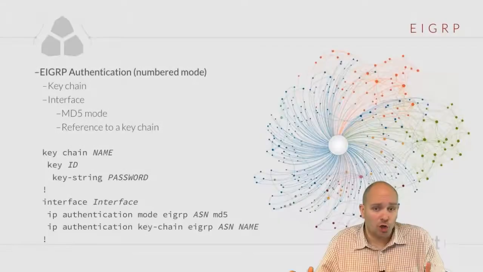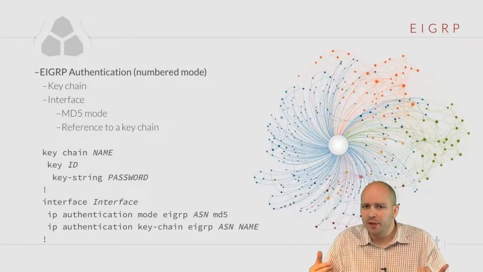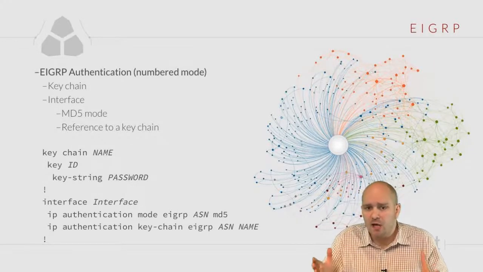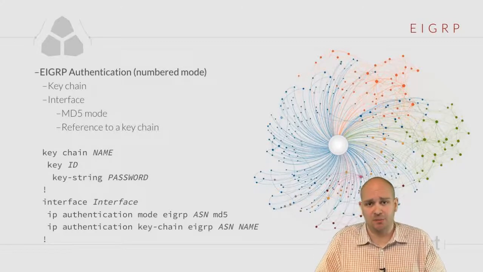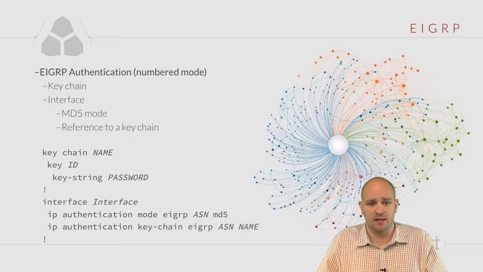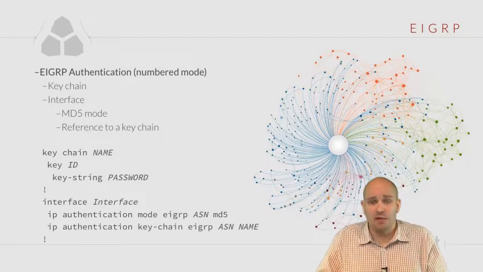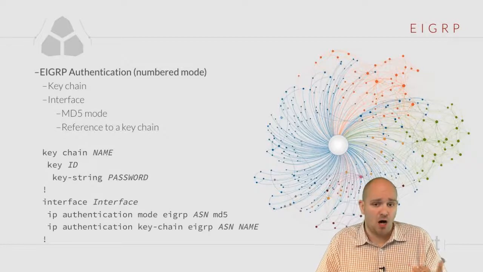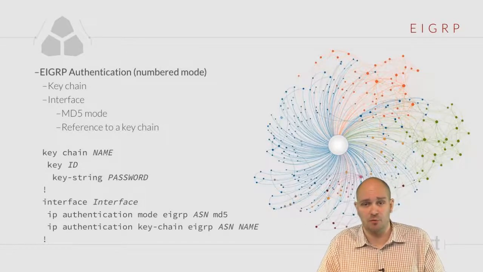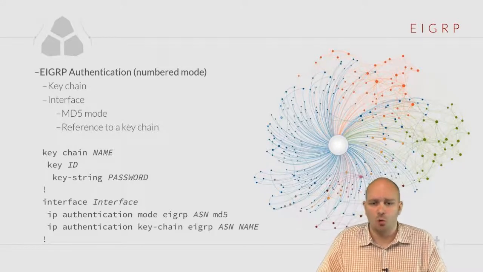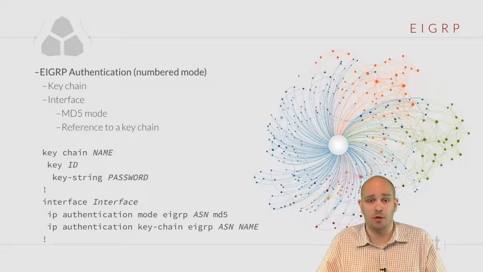Disco. Now that we learned how keychains work, we can take a step back and take a look at how EIGRP authentication is configured. EIGRP authentication is configured in multiple steps. The first thing that needs to be configured is the keychain itself. Then, depending on which mode you are configuring EIGRP, the numbered configuration mode or the named configuration mode, you have to go under the interface in the case of a numbered mode, which is